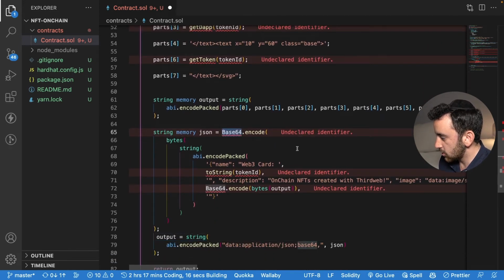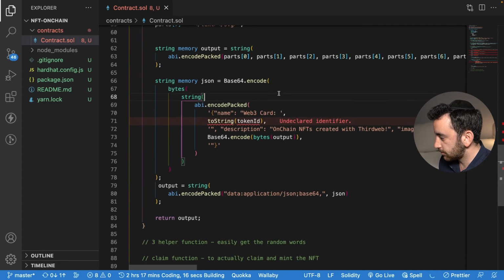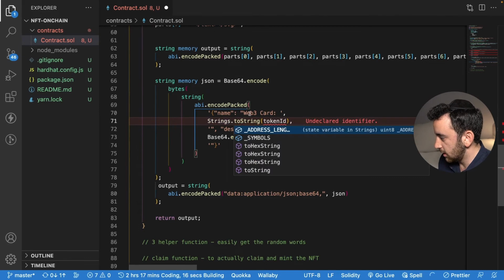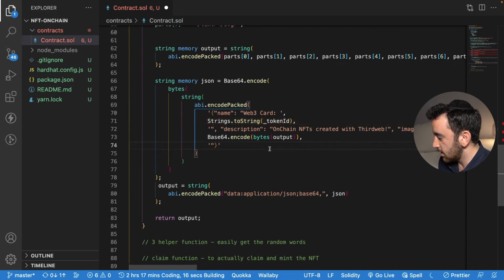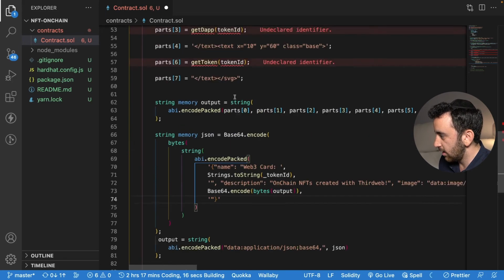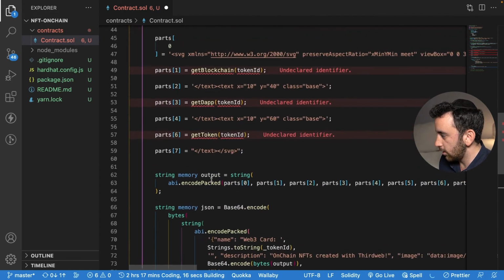Firstly, this base64 is also imported from an OpenZeppelin library, so we need to copy and paste in that import as well. So we need to go up here and paste that in there. And this Strings.toString actually needs to come from the OpenZeppelin library. This token ID needs to be underscore tokenId. And what we are doing here is creating the base64 version of this string, which is going to have all of the details that we have built above inside it. So once we've got that, we are ready to return it in the correct format. So we add in this data:application/json;base64, and then we've got the URI, the token URI,